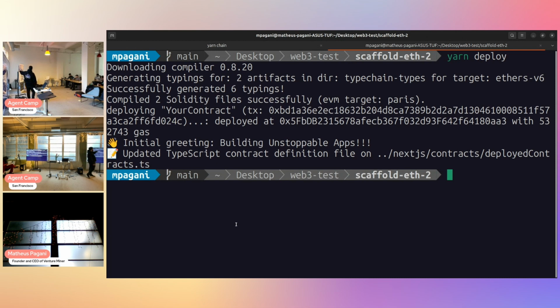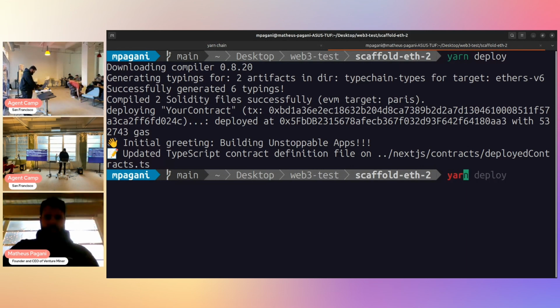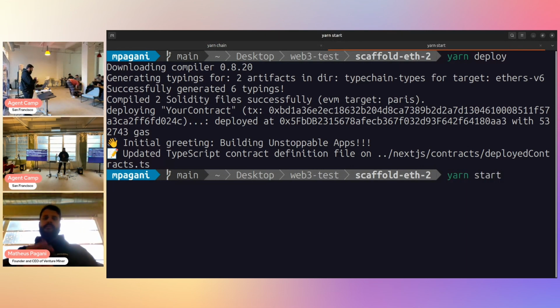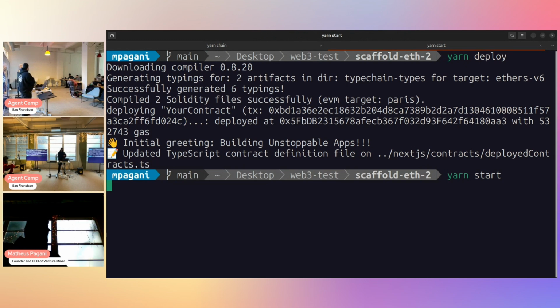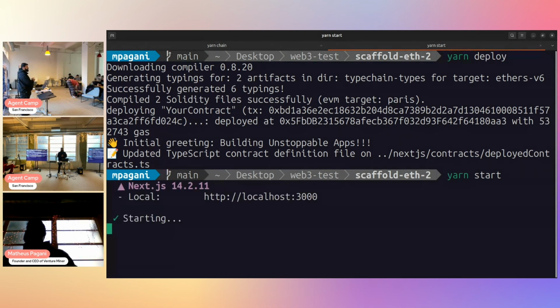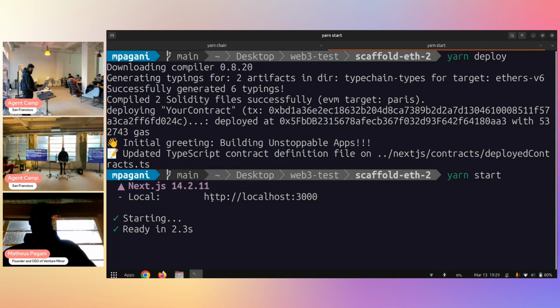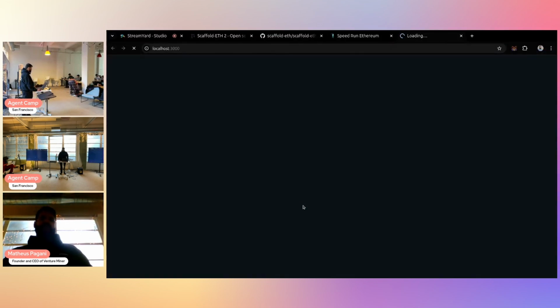You see they are already in the project, so I'm not going to have a problem with that first thing. We are going to deploy them inside our test blockchain. They are deployed here. And then when I do yarn start, I'm going to have a ready to use, ready to tweak, ready to customize front end for me to start my blockchain development.